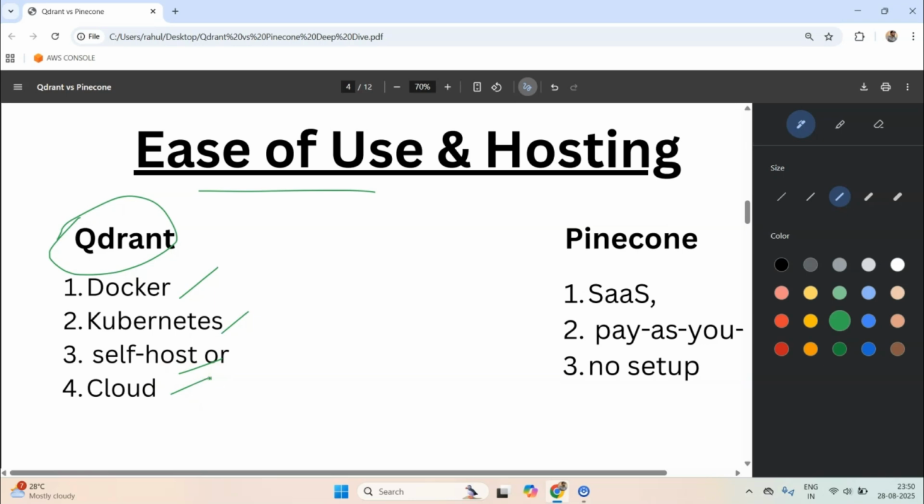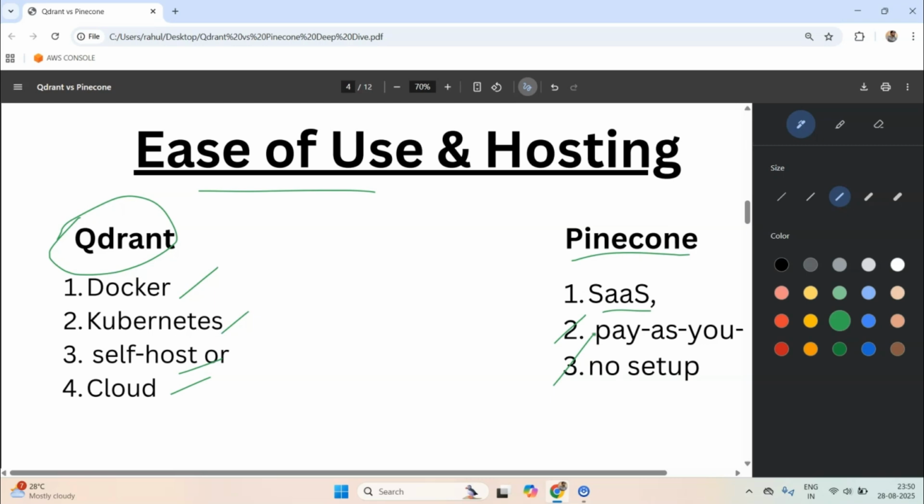So essentially Quadrant is giving you a multitude of hosting options. If you want to take that initiative and self-manage everything yourself, and there can be some use cases where you might want to manage everything on your own, whereas Pinecone is a software as a service offering, and here you pay as you go and no setup is required. You don't need to set up anything.